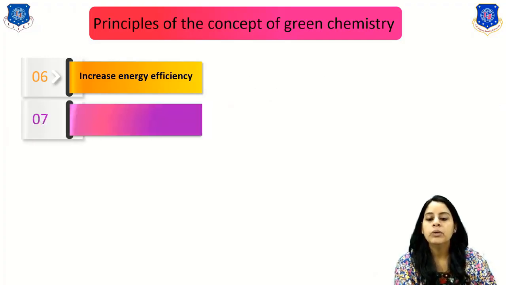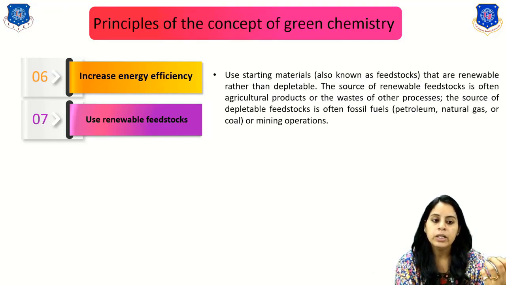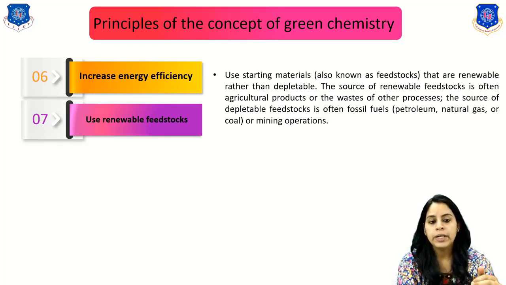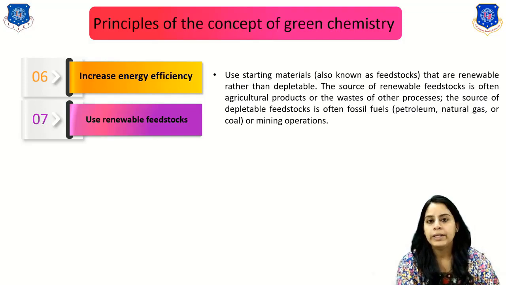Then the seventh is use renewable feedstock. It means use starting materials, known as feedstock, that are renewable rather than depletable, right? So the source of renewable feedstock is often agricultural products or the waste of other processes, and the source of depletable feedstock is often fossil fuels like petroleum, natural gas, or coal, or mining operations,